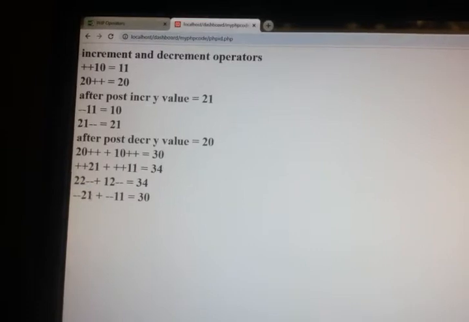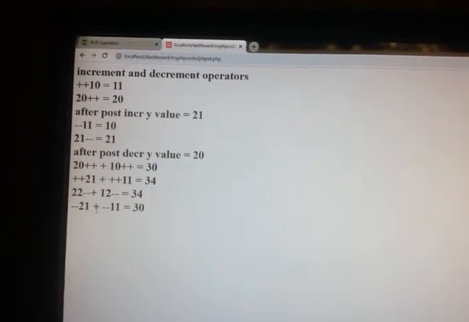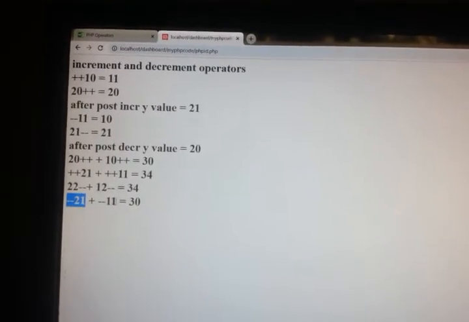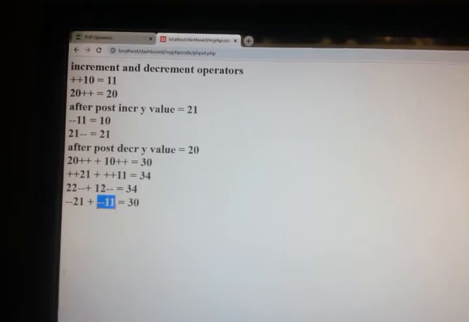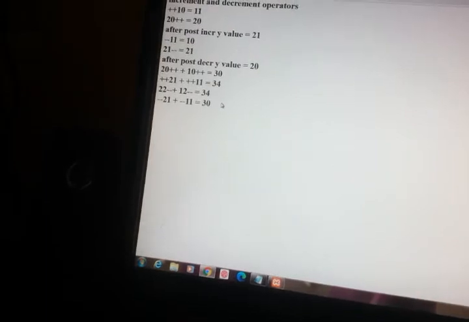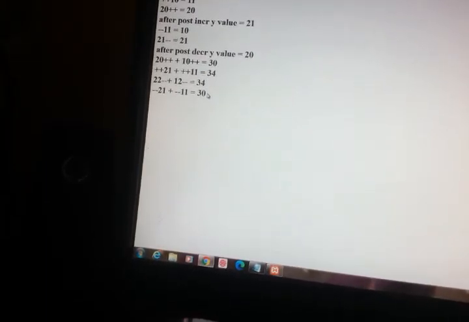So when I do minus minus, this decrement of 21 plus decrement of 11, this decrement of 21 is 20 and this is 10. So we got 20 plus 10, 30. So we got perfect result for this. So this is what we have to keep in mind. So this is about your increment and decrement operator.